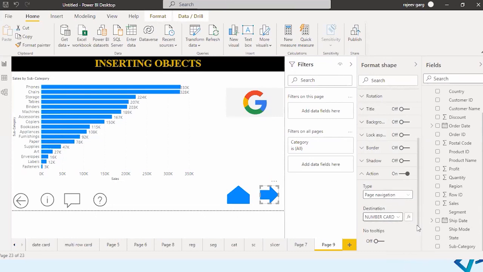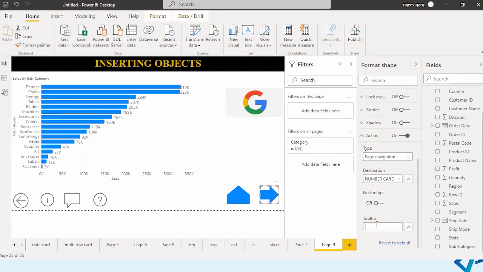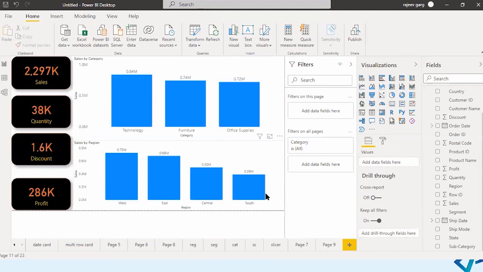Right. And if you want to give a tooltip, say show number card. That's it. You need to control click over here and it will take you to the page.